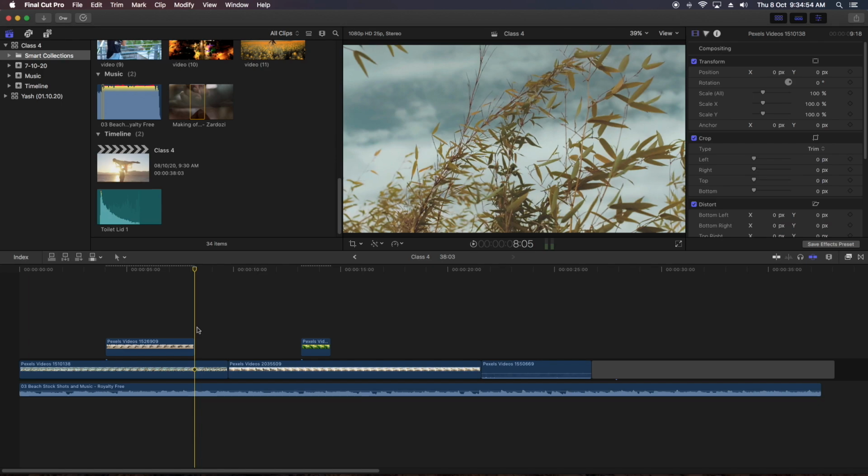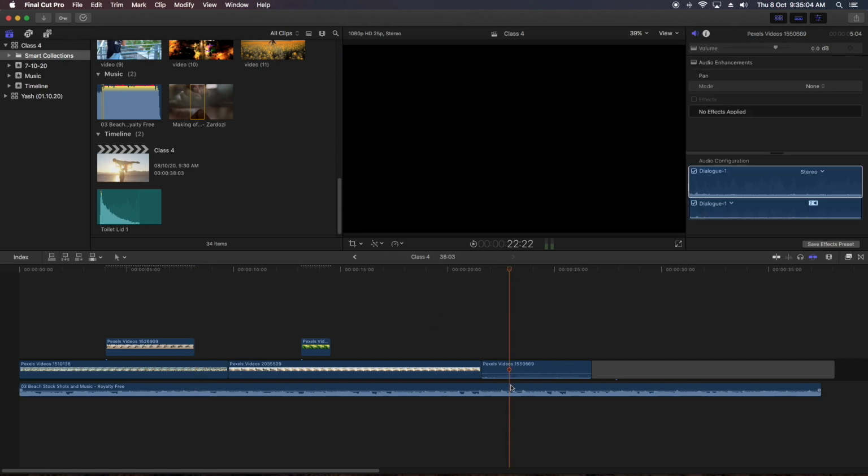Both should be pressed at the same time. Whether you press Option first or Command first. Holding Option and Command at the same time and clicking on the place, it's changing the connection of that clip. Okay, this is called connecting the clip to the desired location of the timeline.